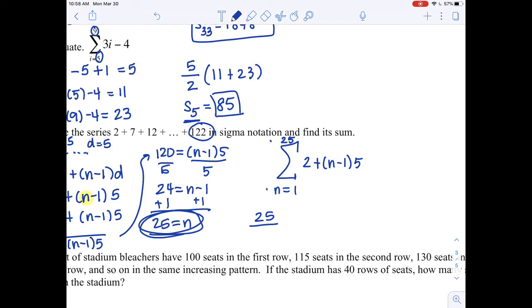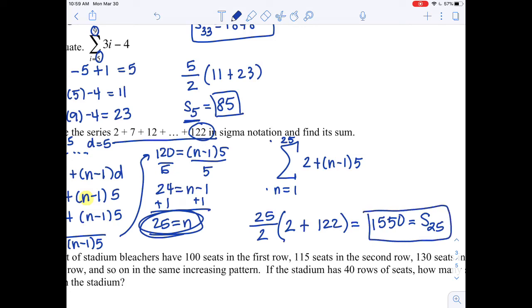So now to finish and figure out what the sum comes out to be, you're taking the fact that you have 25 terms, which, by the way, is still the same as if I took top number minus bottom plus 1. You don't have to actually do that this time, though. So 25 terms divided by 2 times the sum of the first term plus the last term, which comes right from the information they provided in the question. And when you figure out that sum, it comes out to be 1,550. Again, if you want to have proper notation, this is